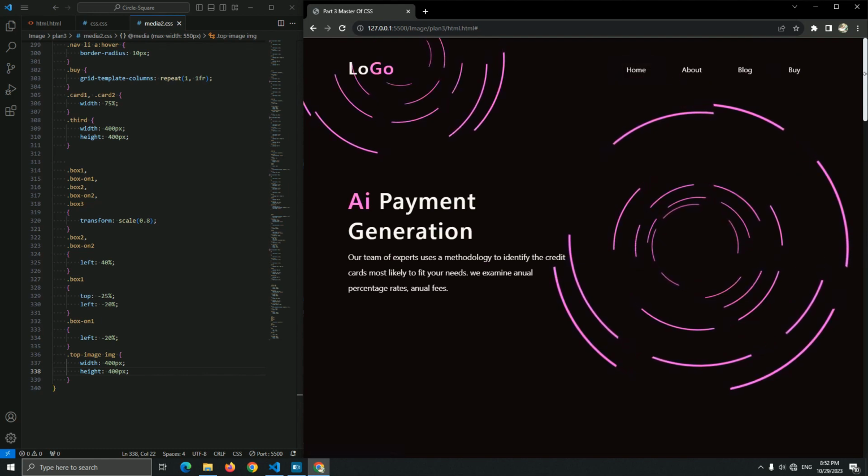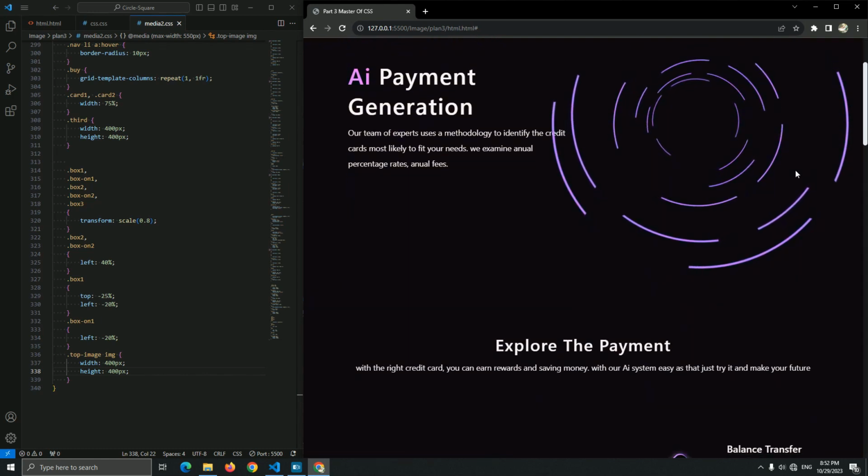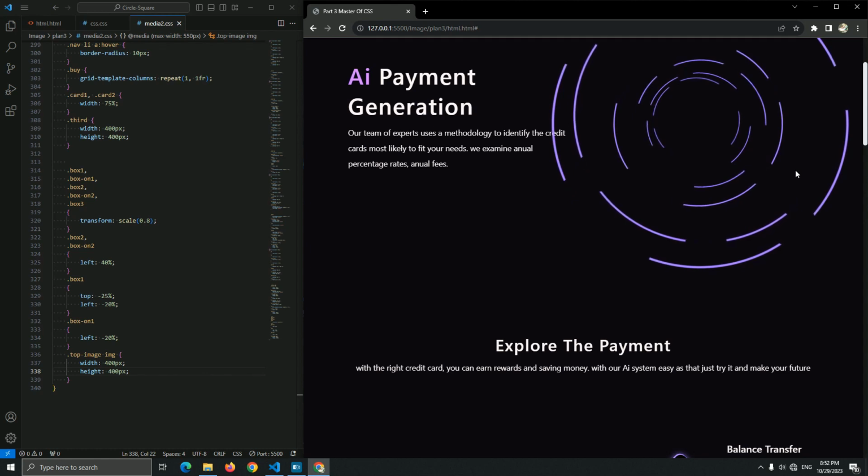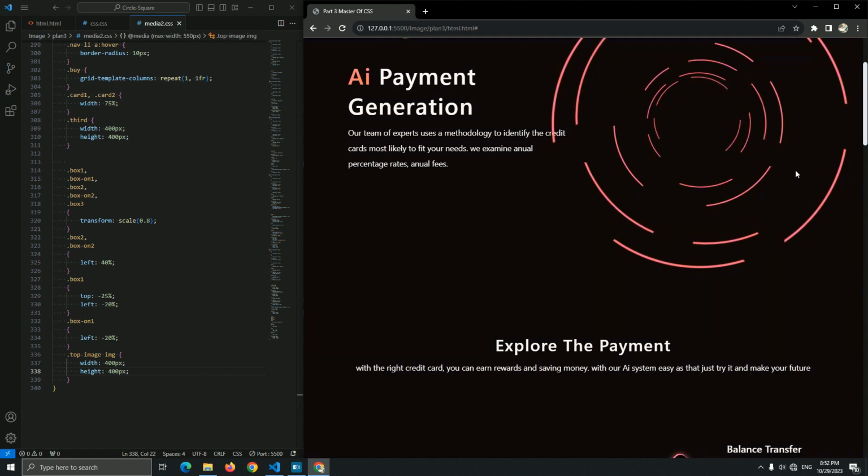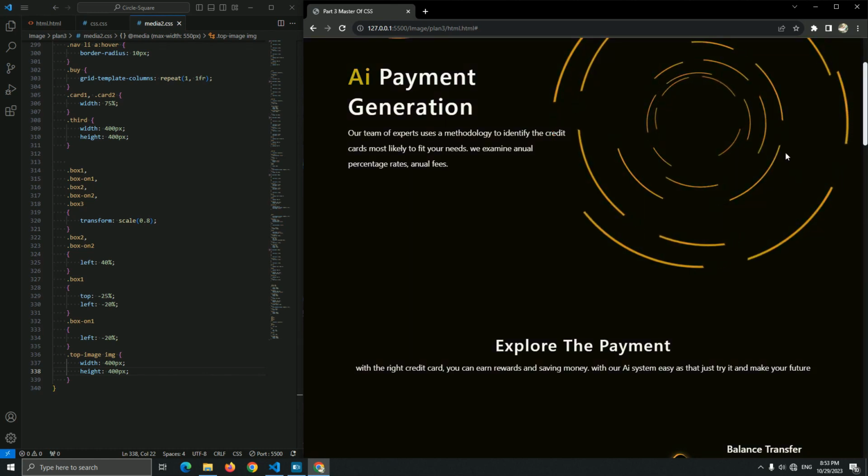And thank you to see this part of the last part of creating a master of the CSS with a great animation, with a nice glitter and a nice how to solve this problem of the hover card and of other thing. And hope you like it, hope you learn it, guys.